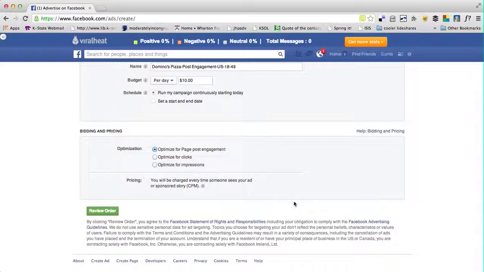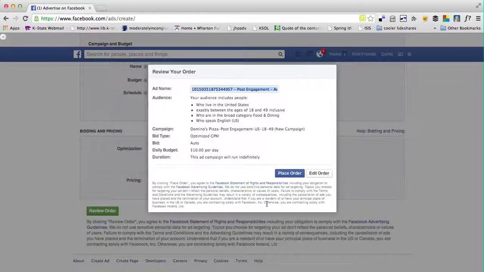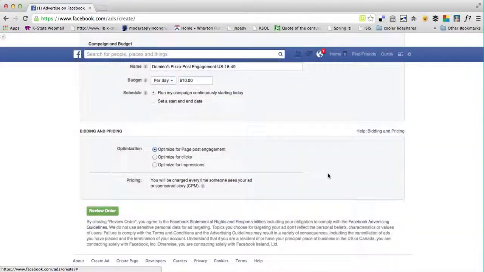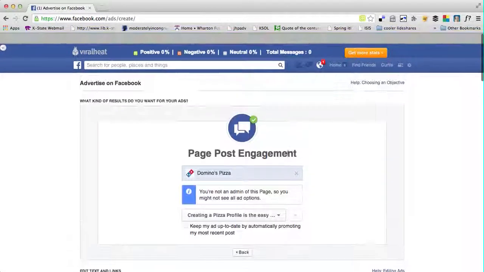But if I wanted to change this to be optimized for page post engagement, clicks, impressions, I have some ability to change the parameters for the engagement. I'm going to go ahead and just review this order, but I'm not going to go ahead and place it. So that's just telling me again the total number of people that I could end up reaching. I'm going to go back